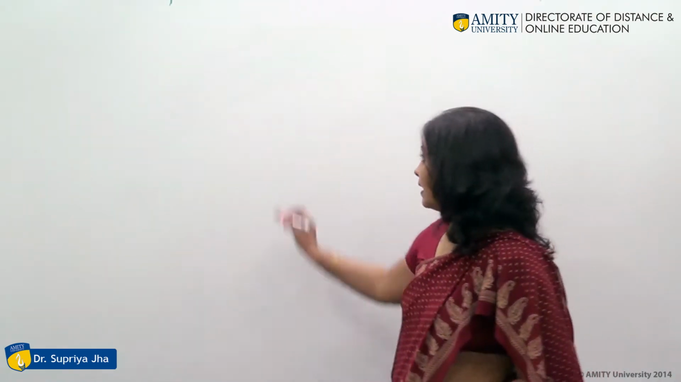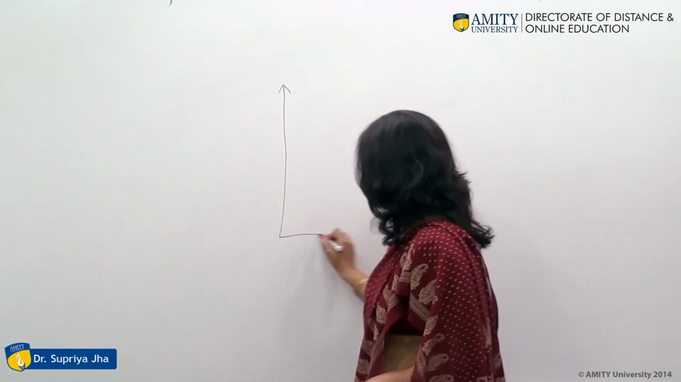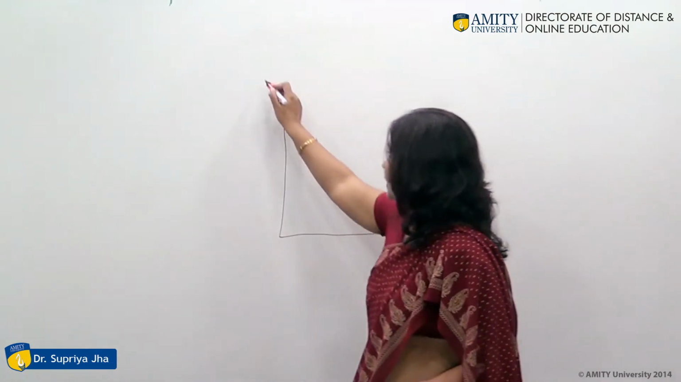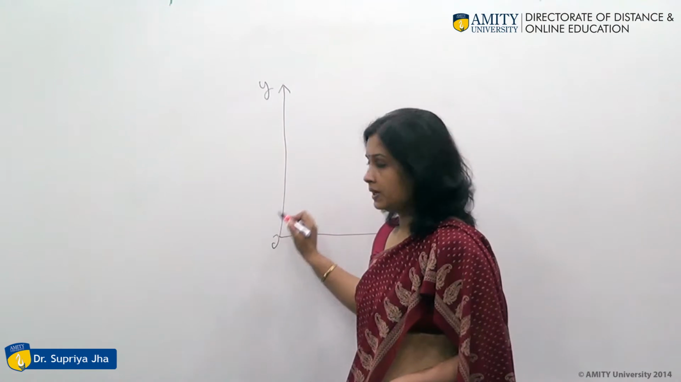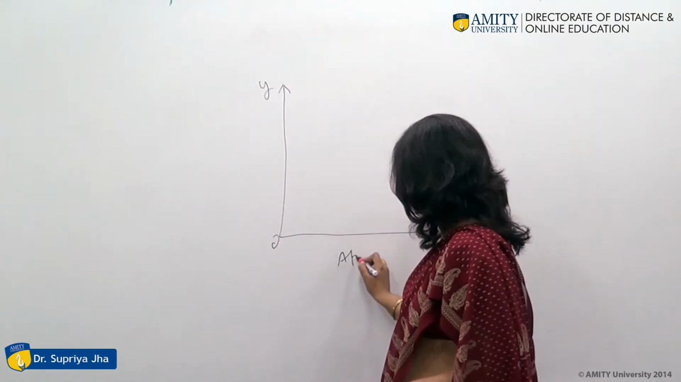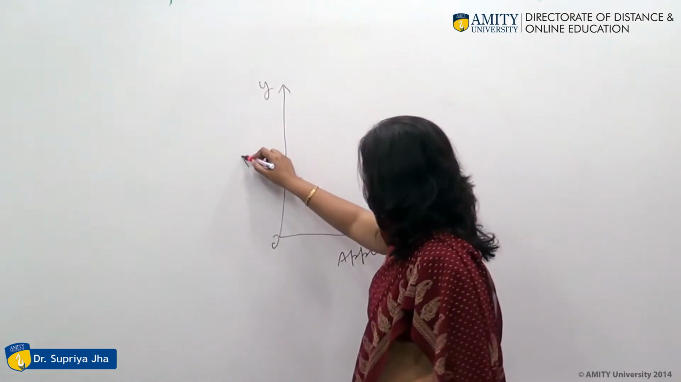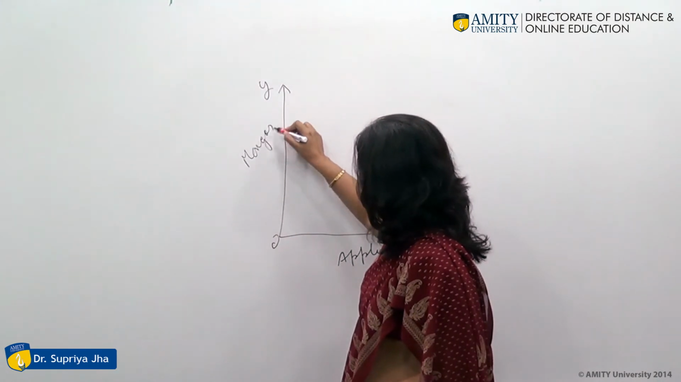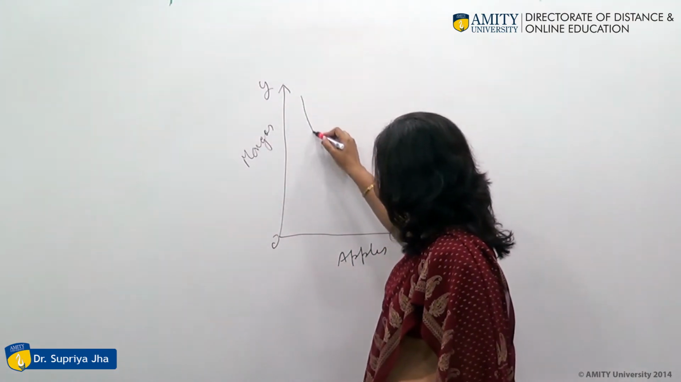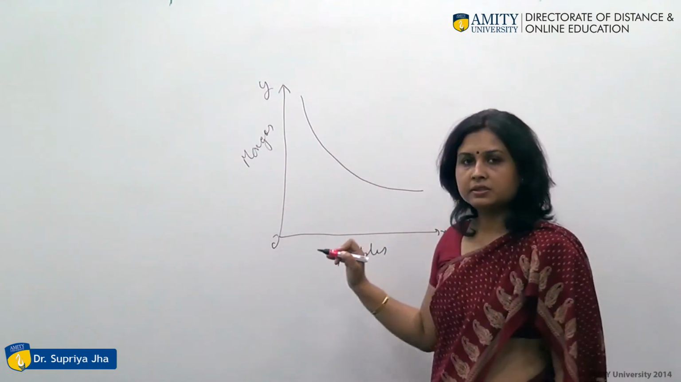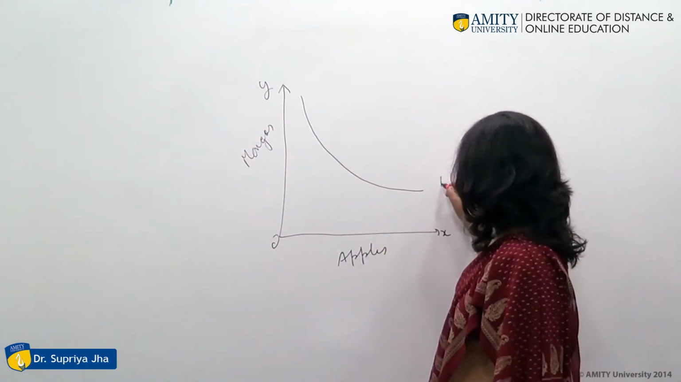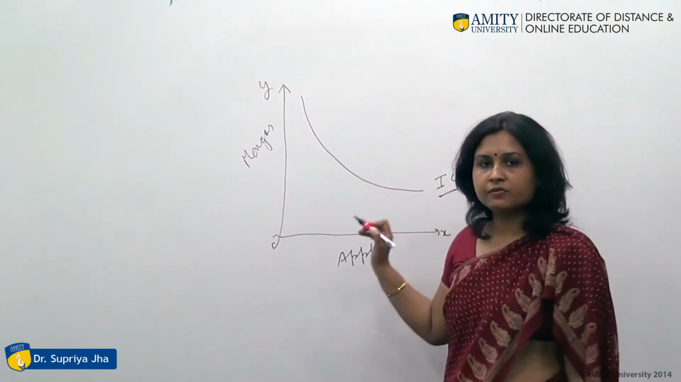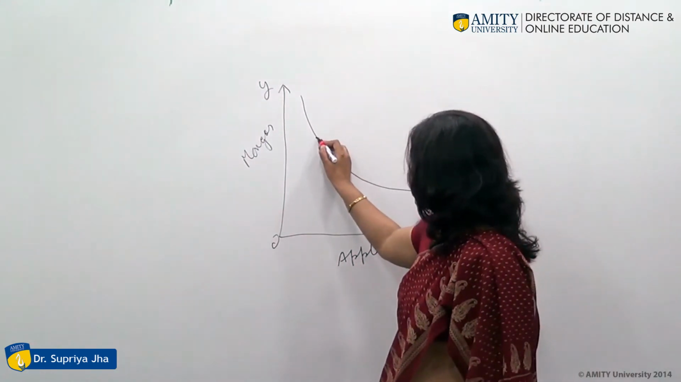So the indifference schedule, when shown on the graph, we can take the graph like this, x, y. Suppose we are taking apples here, mangoes here, and when we are putting the data, we will get the curve like this. This is a downward sloping curve, and this is known as IC. IC means indifference curve, and the various combinations